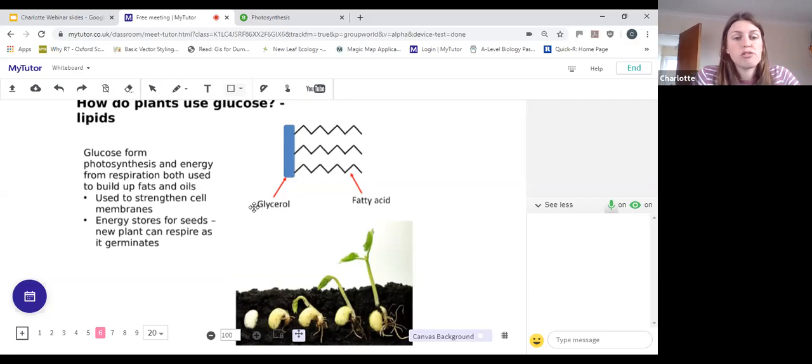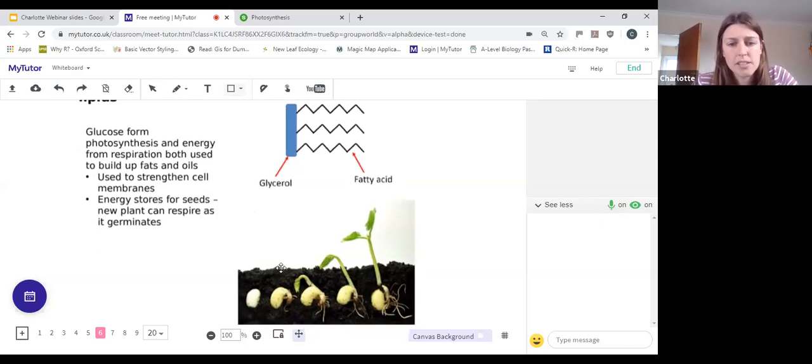Lipids are also used for seeds. So they're a really good source of energy for a seed when it's starting to germinate. Inside the seed, there's often a real kind of fatty, oily store of energy. And then when the seed starts to germinate, it's got that ready source of energy, which is stored as lipids. And that allows them to get that bit of head start, a bit like an egg yolk would